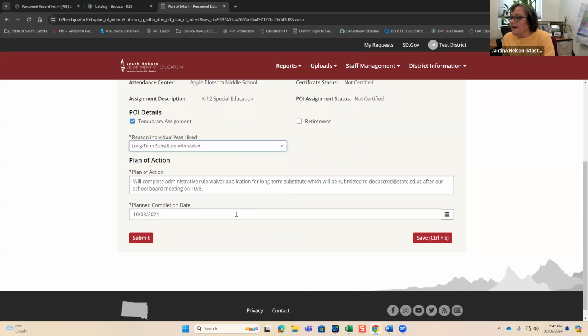In this case, you'll have to complete that administrative rule waiver application for long-term substitutes. Joe, if you want to add that link to the comments. You're going to have to request a waiver of that rule. You have to gain your school board approval, and then submit that to DOE accreditation at state.sd.us along with the school board meeting minutes. So that is the plan of intent for this case.